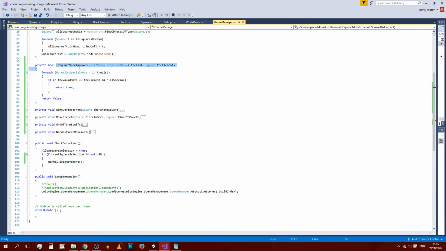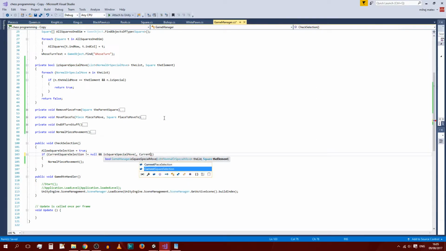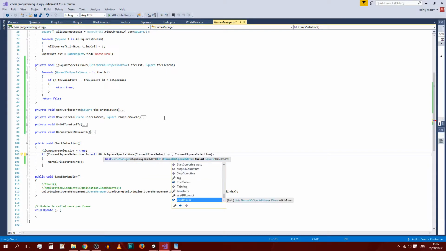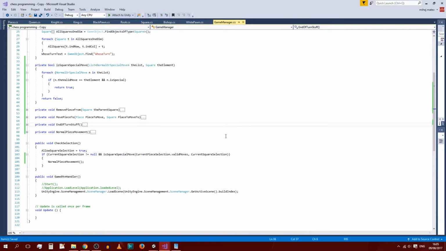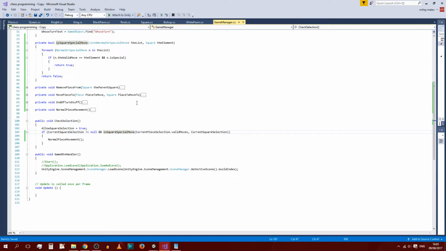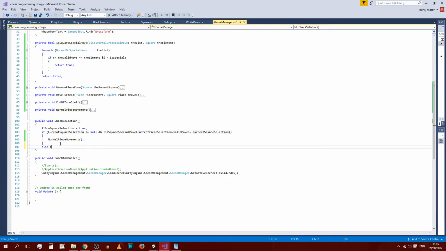So what we do now is we just copy this over, put it inside of here, and pass it what I just said we're going to pass it. So we pass current square selection, and we also pass current piece selection dot valid moves. And we want to check that that isn't true. So we put an exclamation mark in front of it. Because if it is true, then we want to deal with it in different ways. So else if